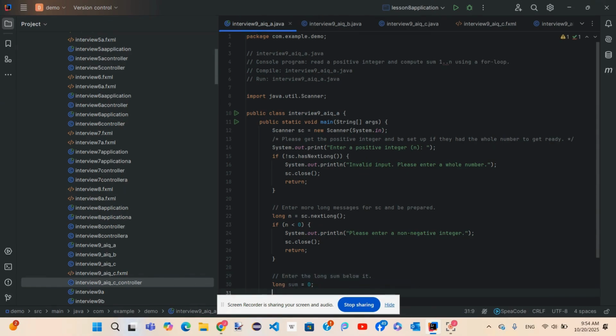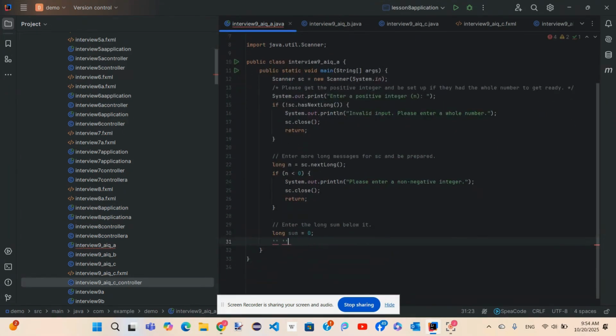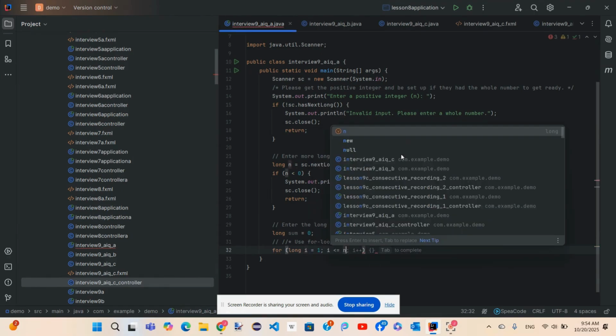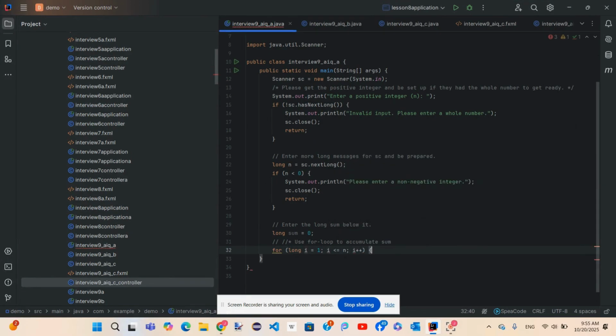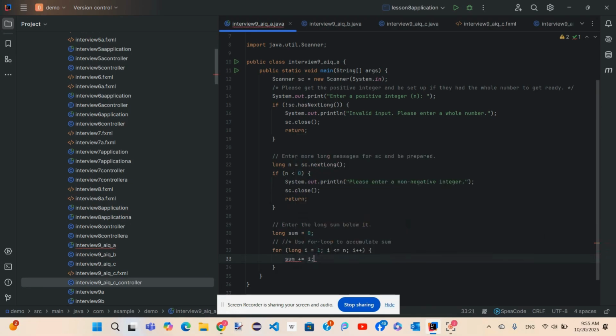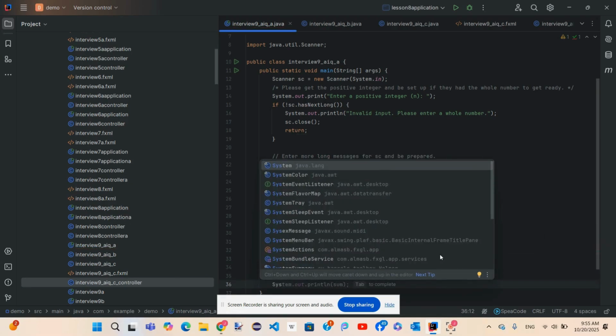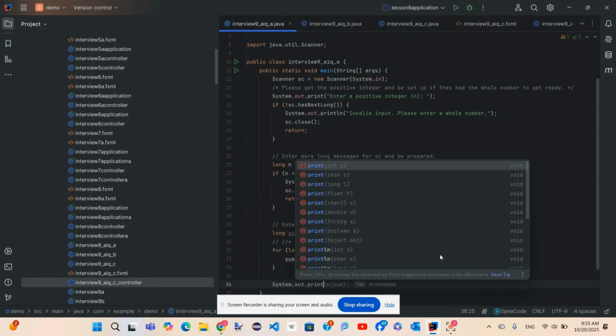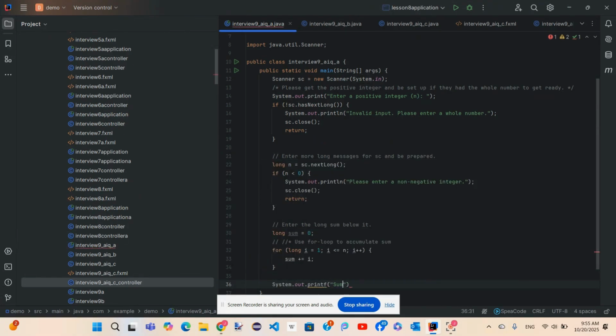Use a for loop to accumulate the sum: for long i equals 1, i less than or equal to n, i plus plus, sum plus equals i. System.out.printf: sum of the natural numbers from 1 to n is %d.